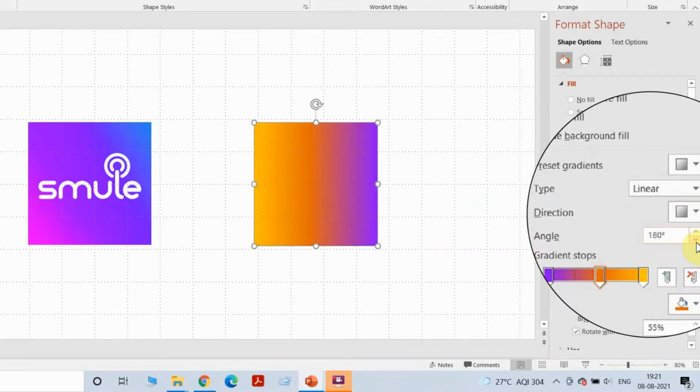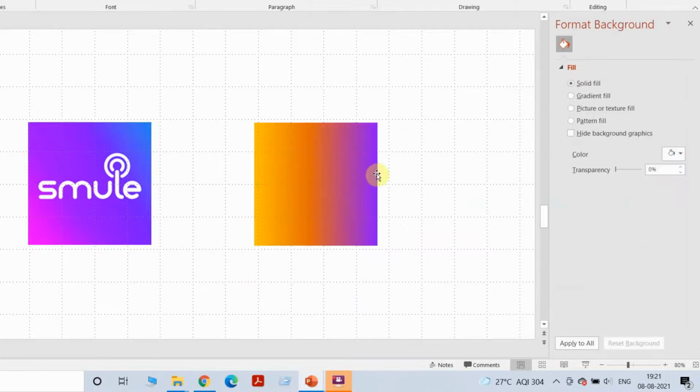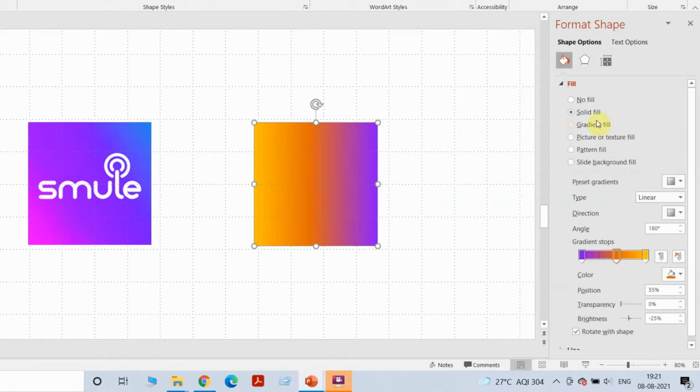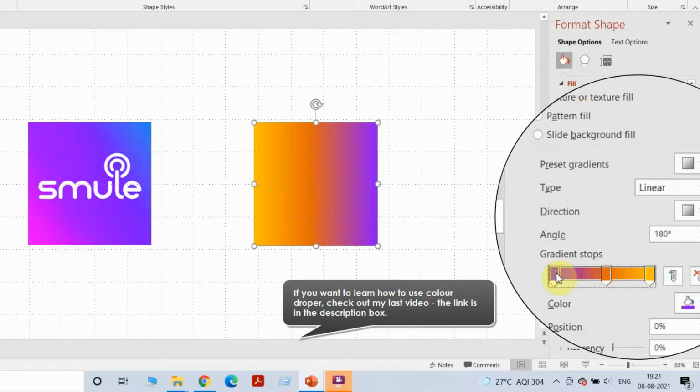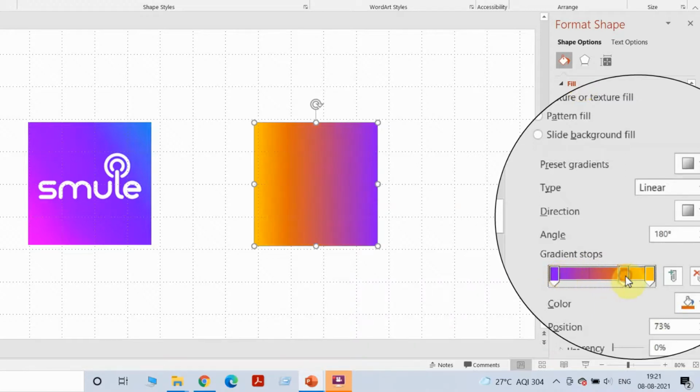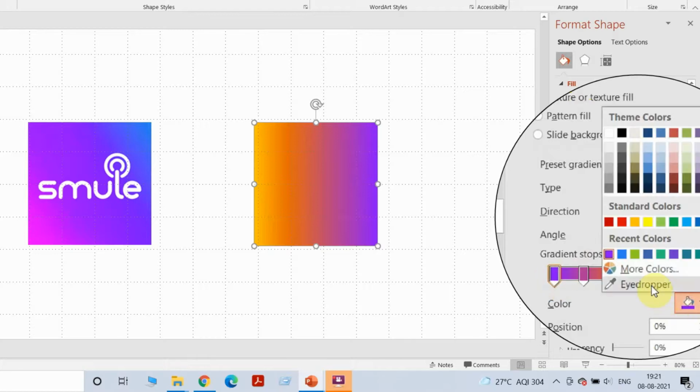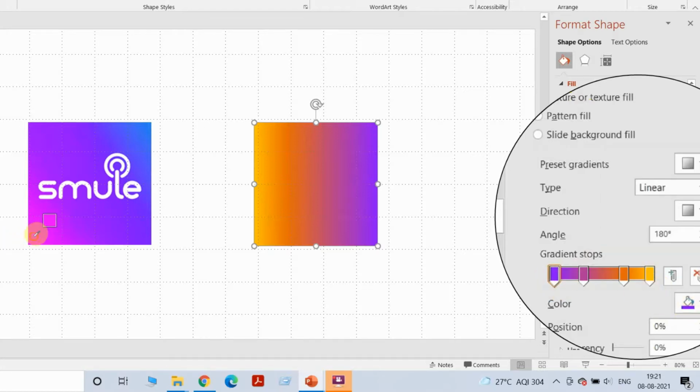So now let's start creating the Smule one. Okay. So I'm going to go to gradient again. And now I'll start picking up colors. So Color Dropper is a tool that I'm going to use here. So I've taken 4 colors because I think approximately there are 4 colors in the Smule logo, and for each color I'm going to pick the color from Smule. So I click on the second bar now, Color Eyedropper, and pick the second color. Third bar, Color Eyedropper, I'll pick the third color, which is this purplish blue, and then I come to the last one, which is blue, on the top right.